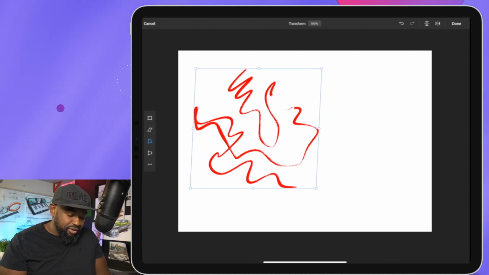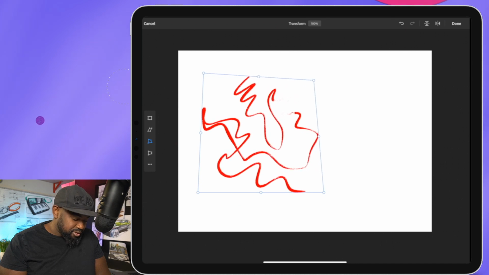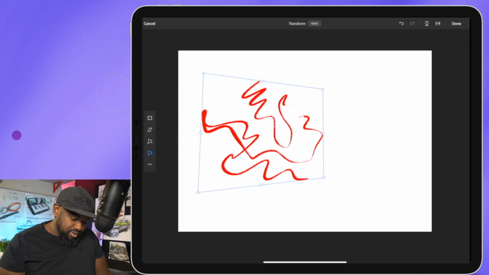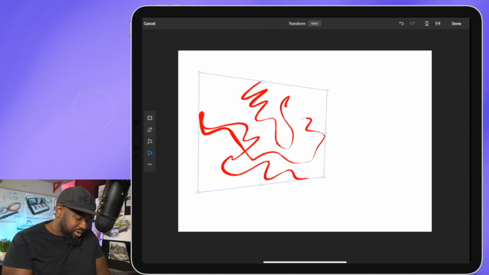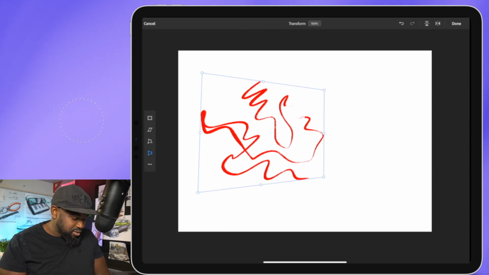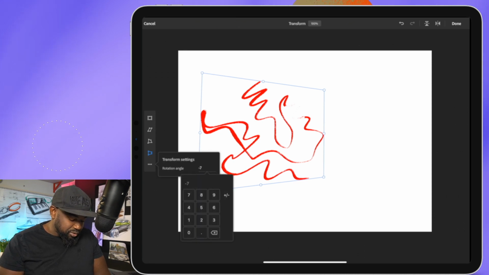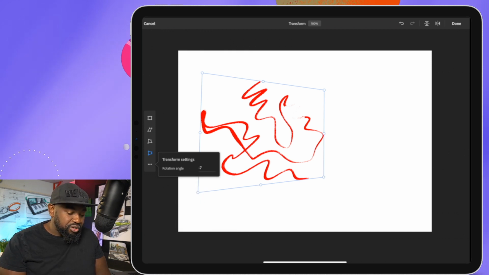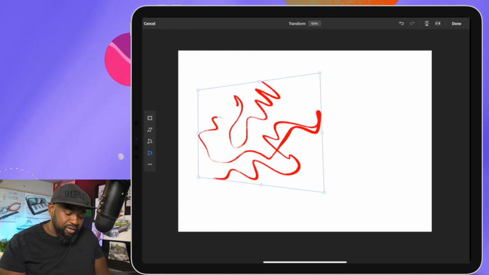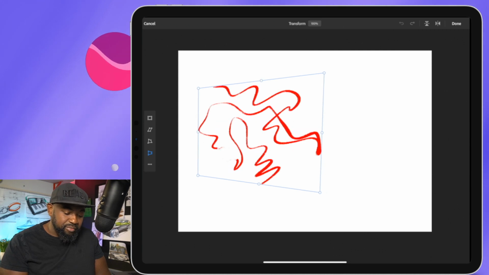Okay, I can have a freeform distort here on the corners like so, or we can do kind of this perspective distort here on the corners as well. So super powerful if you want to mess with that, and some additional options here for rotation angle if you want additional precision. Once you're in transform mode, we can flip things left to right, top to bottom, undo and